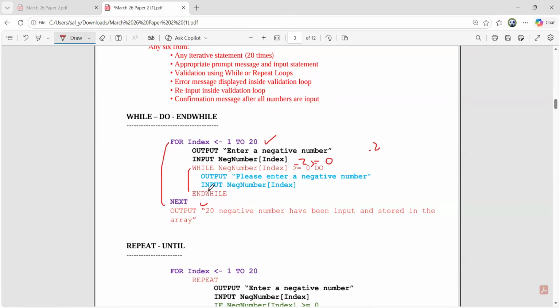Entering of the loop is only going to happen when a person has entered a positive number, or even a person has entered a value 0. That's why we have just made the check that if the value is above 0 or equal to 0, then a person will be shown a message that he has to enter a negative number only. Input taken, and once all the 20 inputs are taken and checked whether they are negative or not,